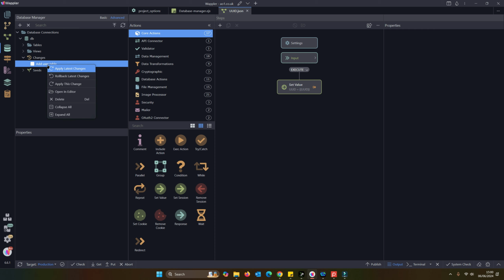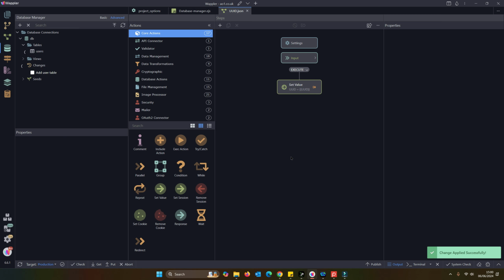I'm just going to apply that, and we can apply the latest change, this change. We can actually roll back changes as well. I'm just going to apply this change. There we are, a second or two, and now we see that that table has been added to our production database.